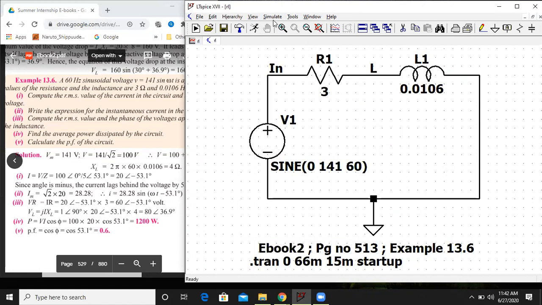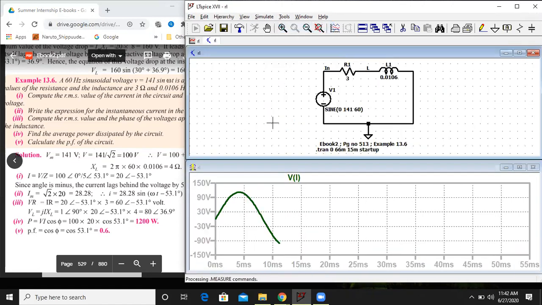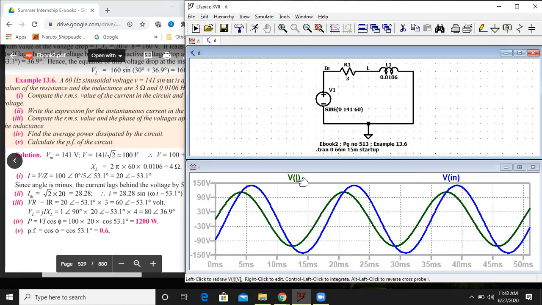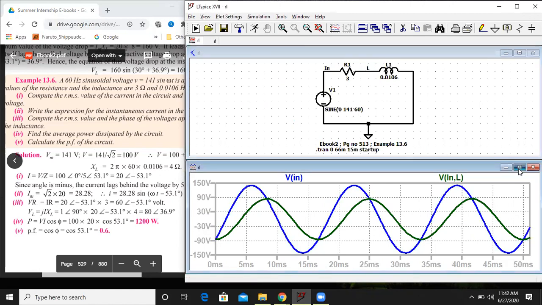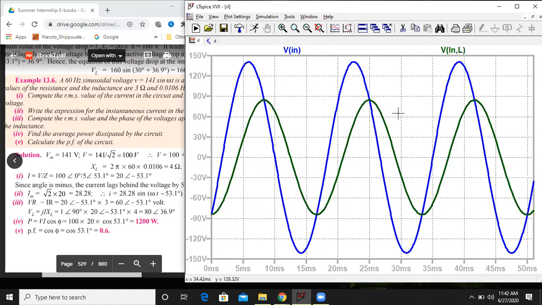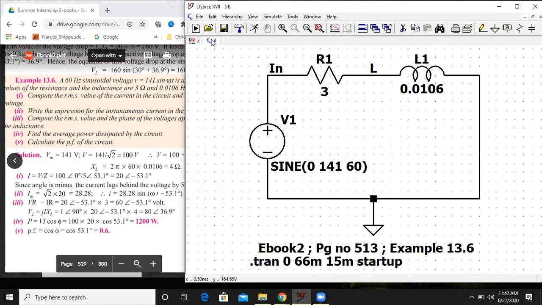So this is the way you can calculate the phase difference between the two sinusoidal signals. Similarly, if I want to calculate the phase difference for V of R, let's say I don't want this, I want V of R. So how will it be? V of R will be the voltage across this. Okay, so this is the voltage across the resistor. So you can quickly calculate the peak value and the phase difference similarly. So I hope this is clear now.